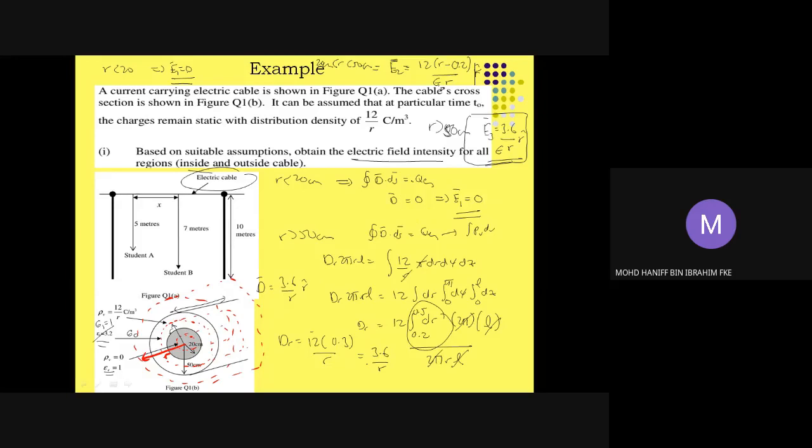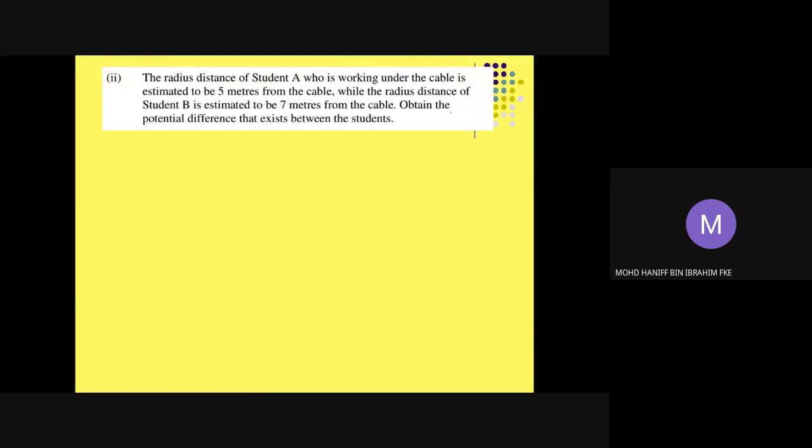The same thing applies for E3. We just assume that it's a free space region, so that should be the value of electric field intensity for the region of R bigger than 50 centimeters. So that is your electric field, in which we have used Gauss law to find the electric field intensity for these three regions. Now we are going to continue the questions, which is part number